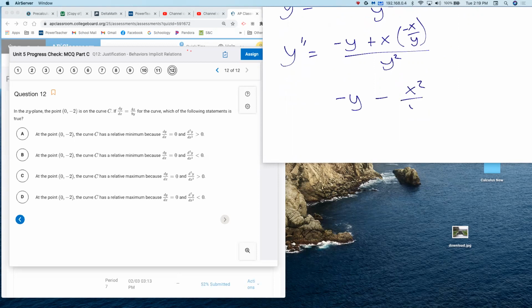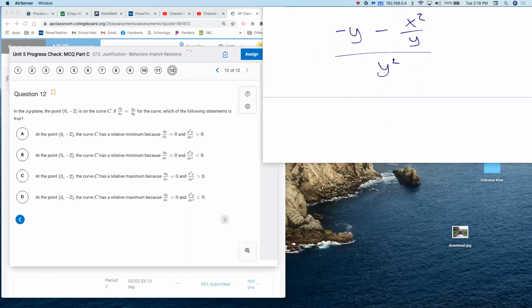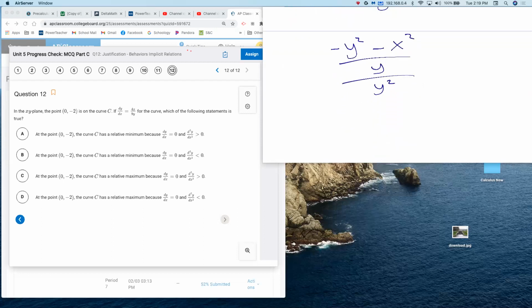So I have this, right? Does that make sense? Stop me. Actually, just stop me if you say I don't understand what you did there. So then this is, okay, if I multiply this by y over y to get that to be equal, does that make sense? Hopefully that makes sense. So then this is negative x squared plus y squared over y times 1 over y squared,